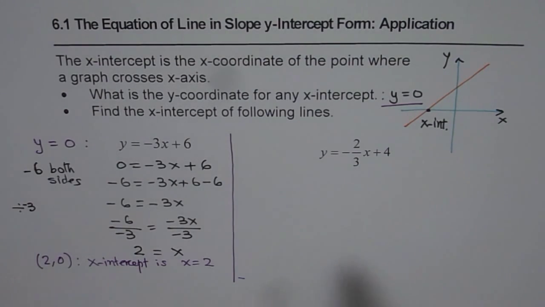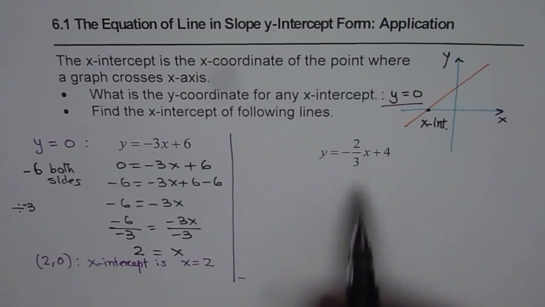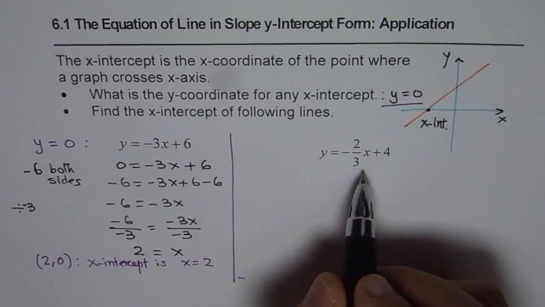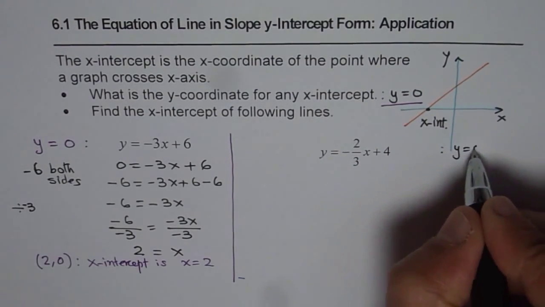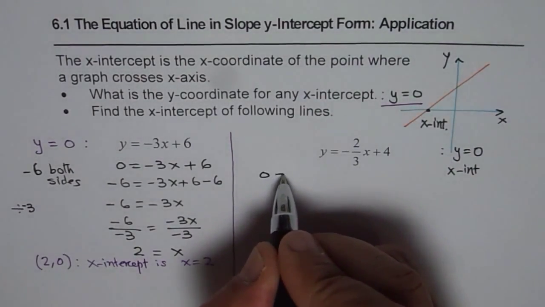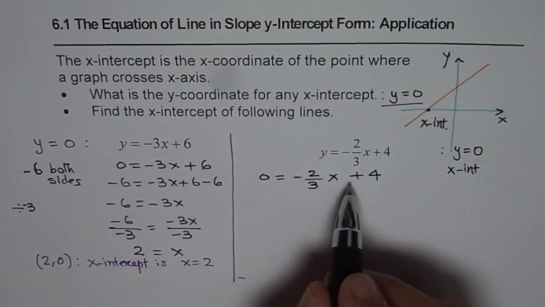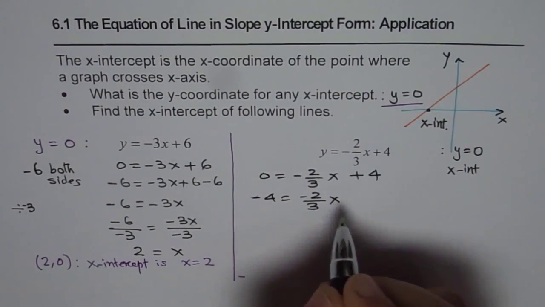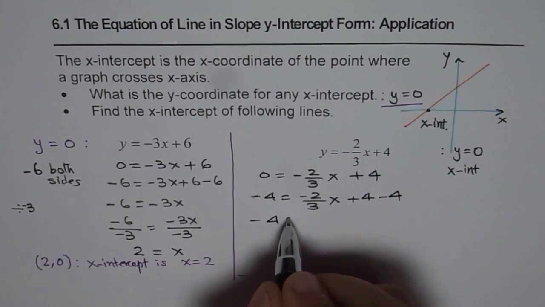Now let's do the next one. It involves some fractions, so I'll not get into so many details. I'll kind of shortcut, okay? As you know, this line equation is given in slope-intercept form. We need to find the x-intercept. That is to say, we'll substitute y equals 0 to find the x-intercept. So if y is 0, I can write this as 0 equals minus 2 over 3x plus 4. Now we'll take away 4 from both sides. We have minus 4 equals minus 2 over 3x plus 4 minus 4. So that gives us minus 4 equals minus 2 over